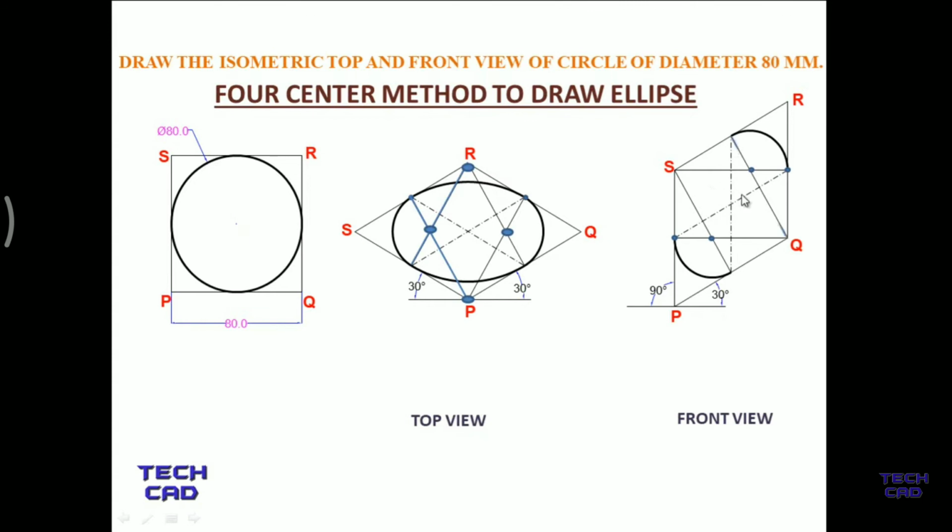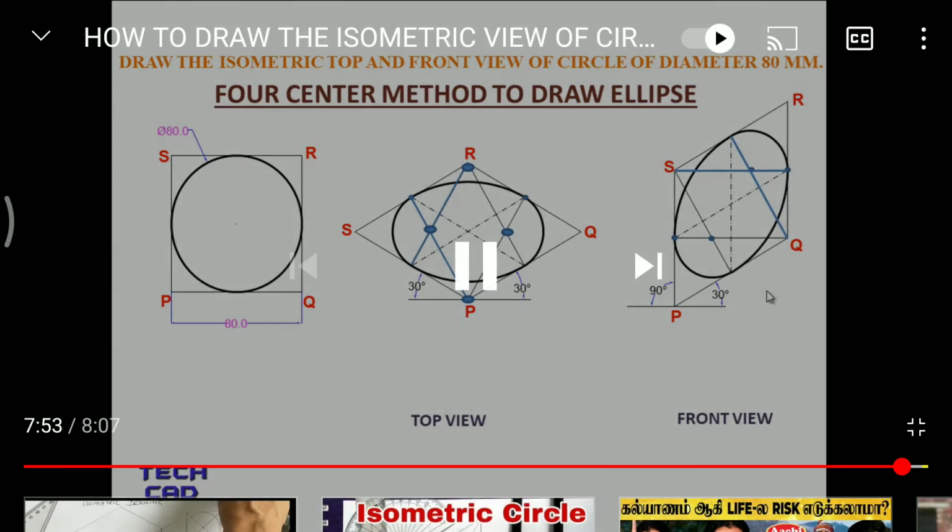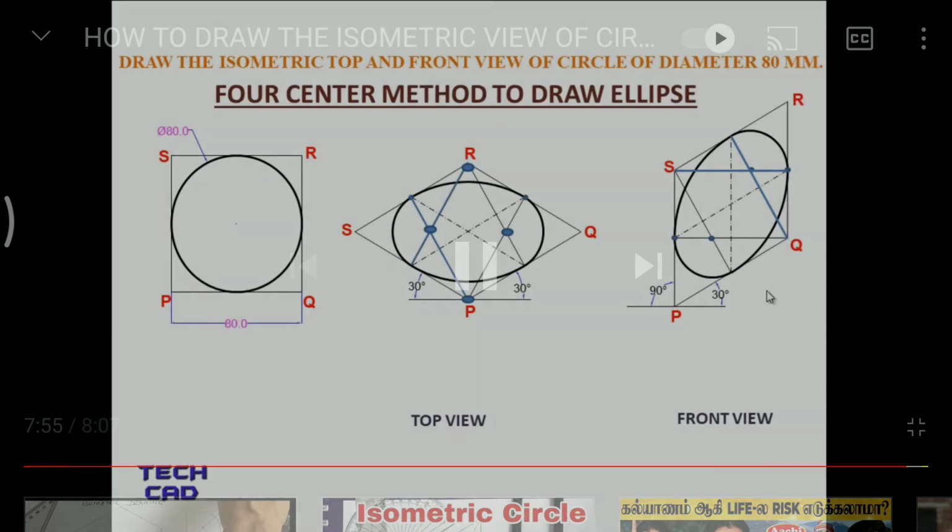And now I'm going to select this radius and put my steel part on Q, open my compass according to this radius and make an arc like this. In the same way, now I put the steel part of the compass on S and open my compass according to this dimension. You can see this dimension, and mark an arc like this. So this becomes your front view, and this is an isometric front view of the